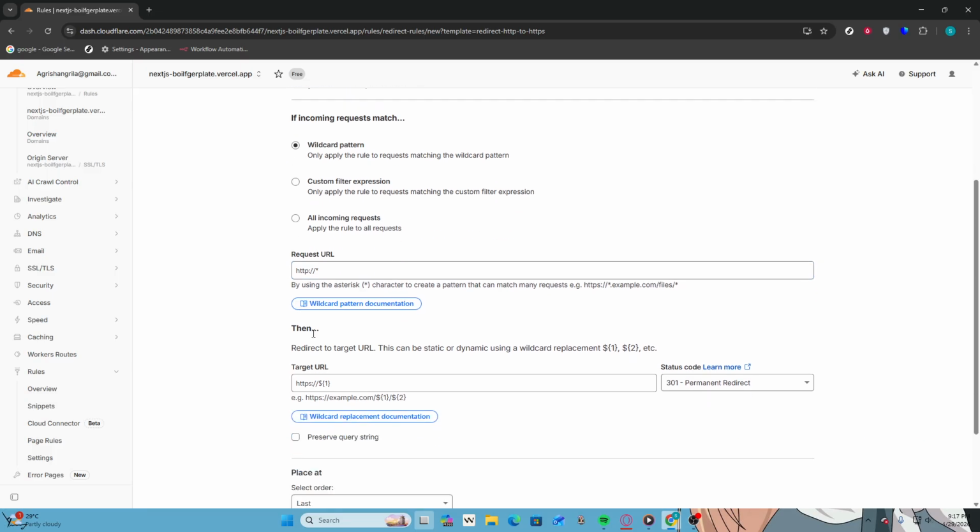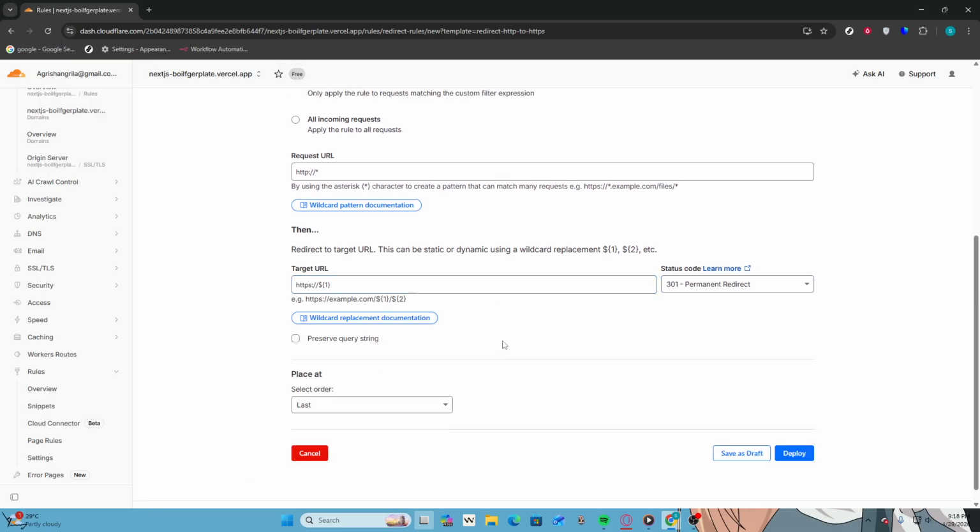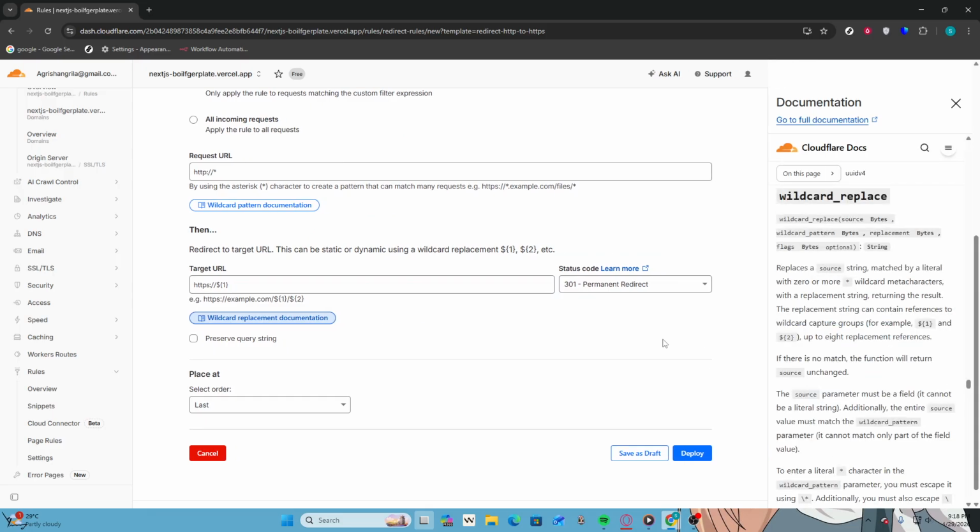Now click on Redirect to Target URL. Here you can enter the URL to which you want the request to be redirected. You can use wildcard replacements such as $1, $2 if you want to capture parts of the original